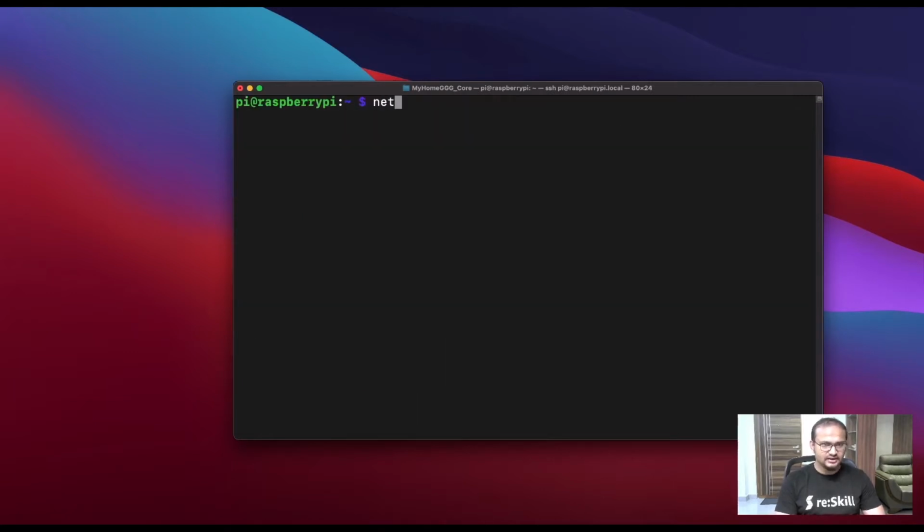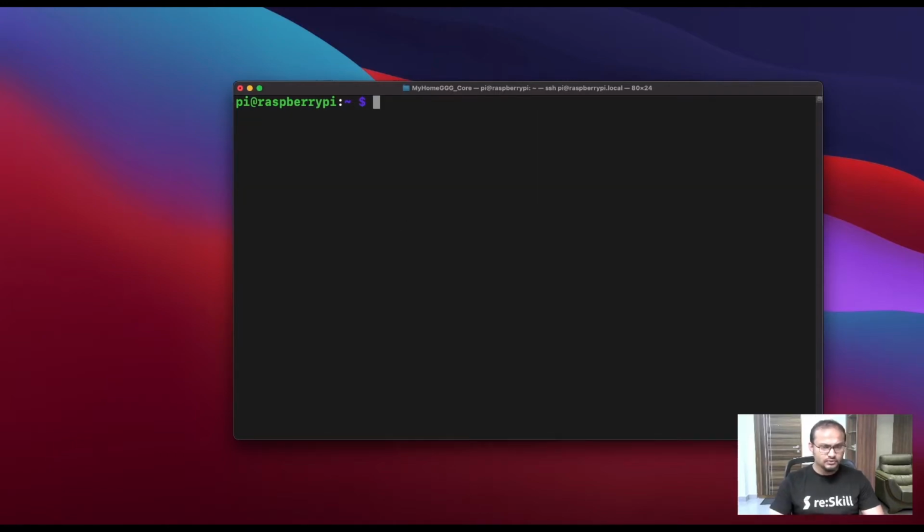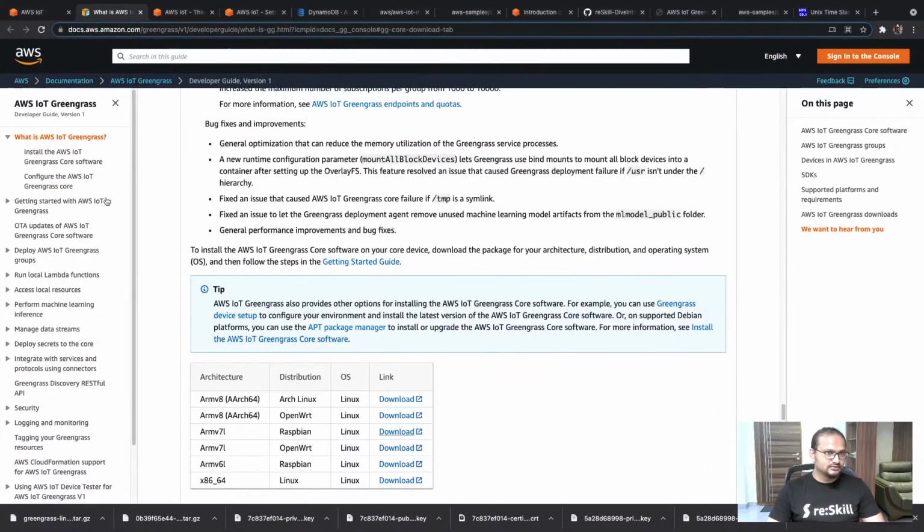You can see that it has no ports open. It has only port 22 for the SSH, and it does not have any files in it right now. Now we will go through this manual to install Greengrass on it.